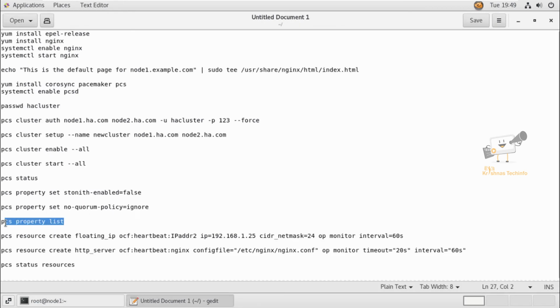Now it is ignored. After setting these options, we can run the pcs property list command to check whether the options are successfully configured. Now we can see no-quorum-policy is ignore and stonith-enabled is false.